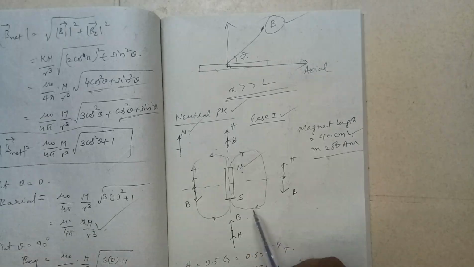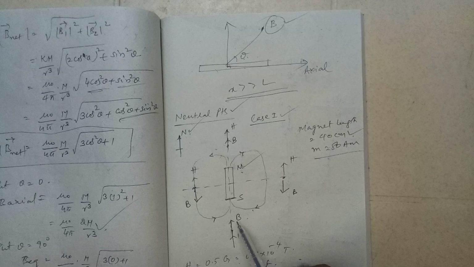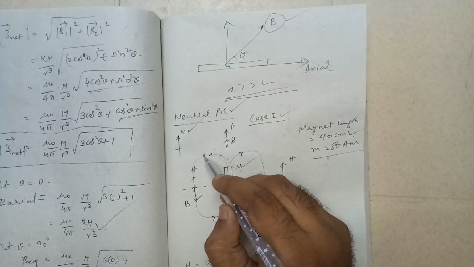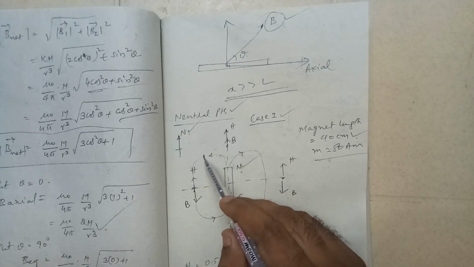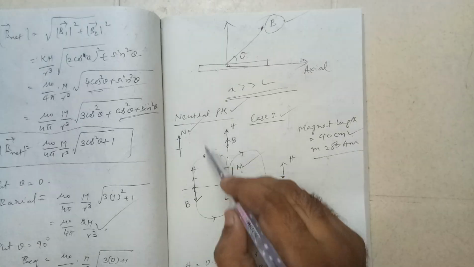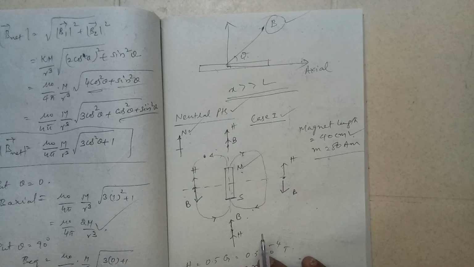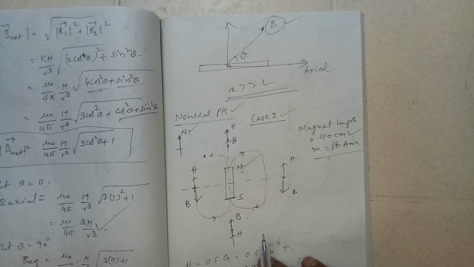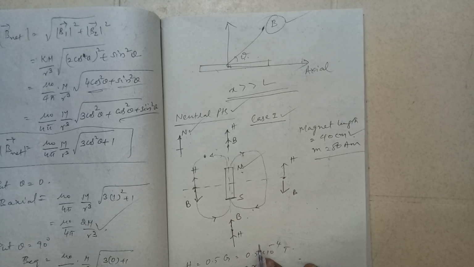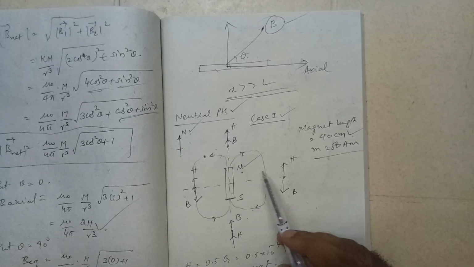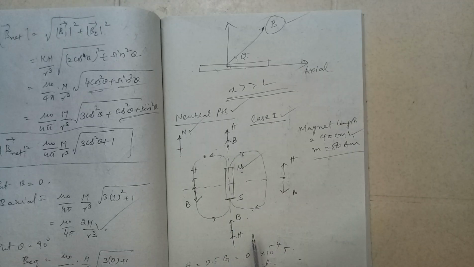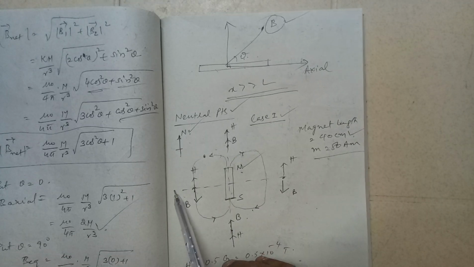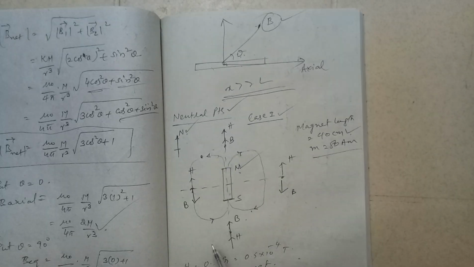I can choose some other point also now. Why have I taken these 4 points only? Because if I take some point in between, at this point it will definitely have a y component and an x component. We are trying to find the neutral point where the horizontal component of the Earth's magnetic field is compensated by the magnetic field of the bar magnet. Such points will not be available if I choose any general point. I have to choose a point which is either on the equatorial plane or on the axial plane.